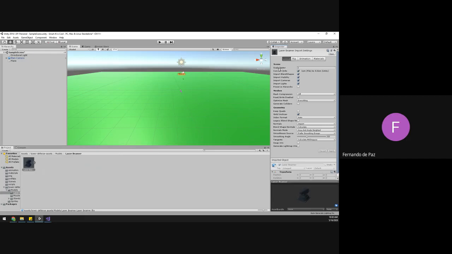Then it says scale factor. Scale factor is the first option, and this one says 1. So just change it to 3. And then just press apply. There's a button all the way at the bottom for apply. And then when you drag it out, you should